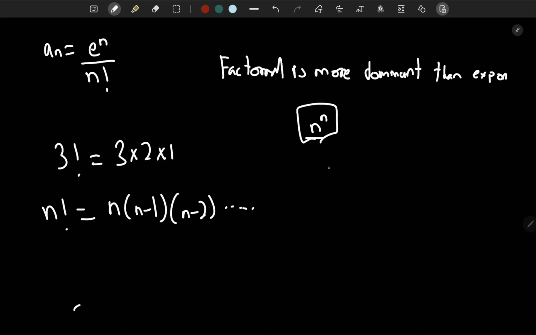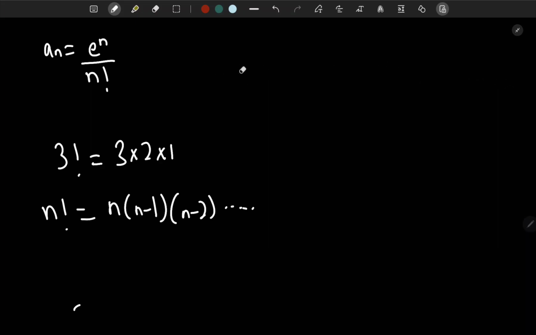So if you have n to the power of n over n factorial, the function in the numerator is more dominant. So here this will be equal to infinity. And in our case, let me write both of them actually. Let me erase all this. So we have the limit as n approaches infinity of e to the power of n over n factorial, and this is equal to 0 as explained before. Factorial is more dominant,